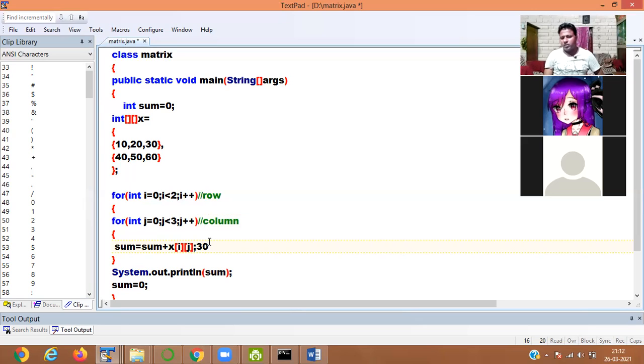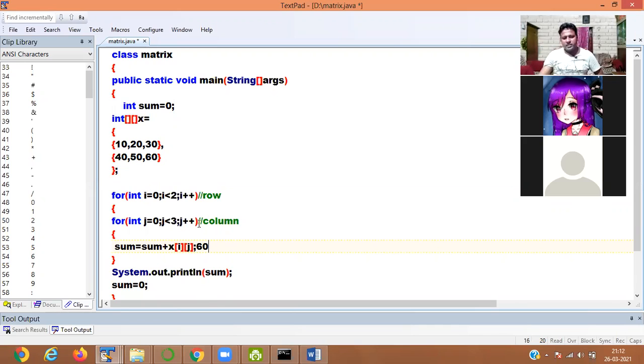Now j value is incremented to 2. 2 is less than 3, condition is true. x0 j2 means 30. So 30 plus 30 is 60. Now what happened?